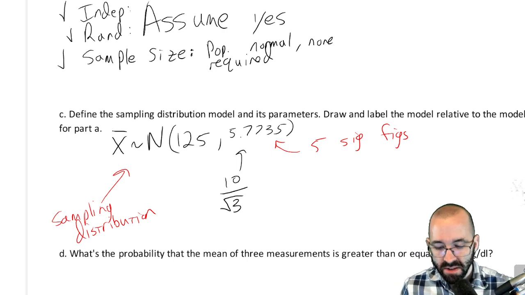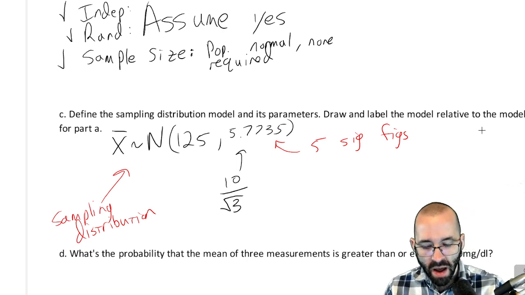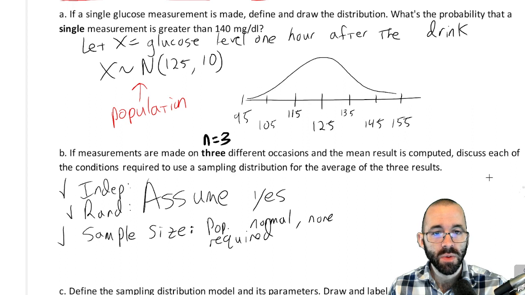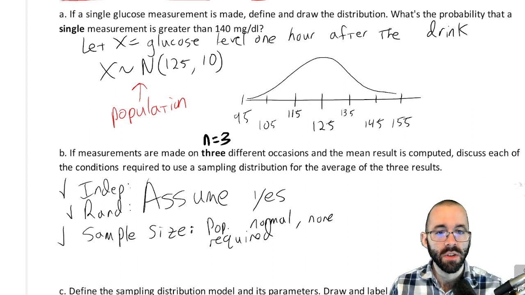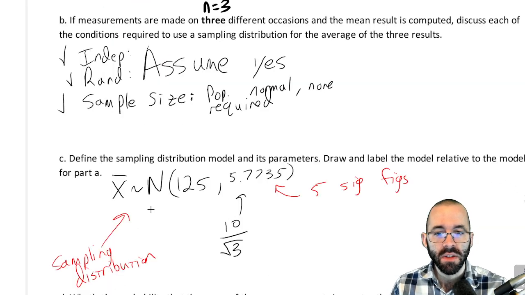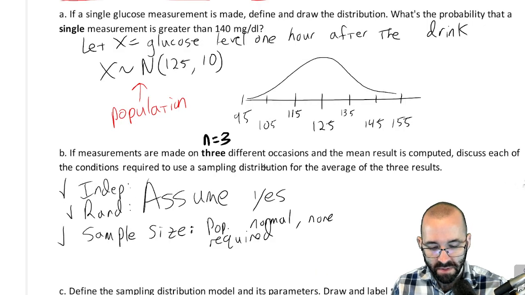All right, so that's our sampling distribution model. That's its parameters. Draw and label the model relative to the earlier model. Okay, so this was our earlier model. Let's draw the sampling distribution over here. So we know the sampling distribution has the same mean, right? Has the same mean, so the sampling distribution also,